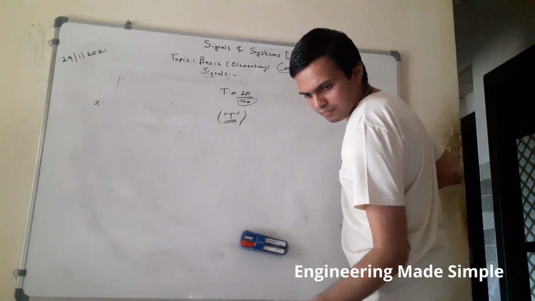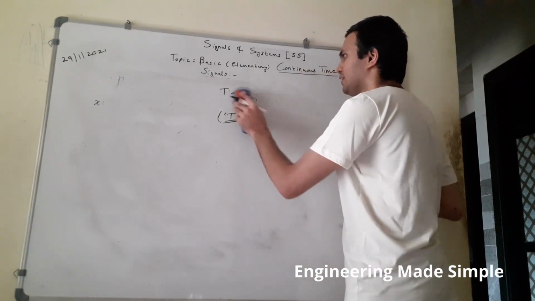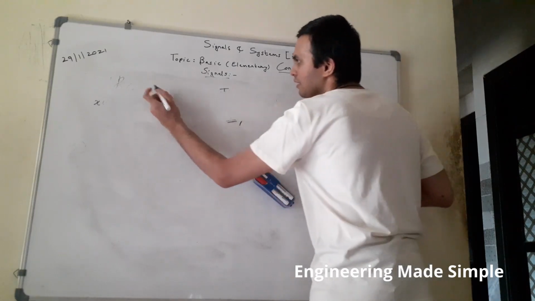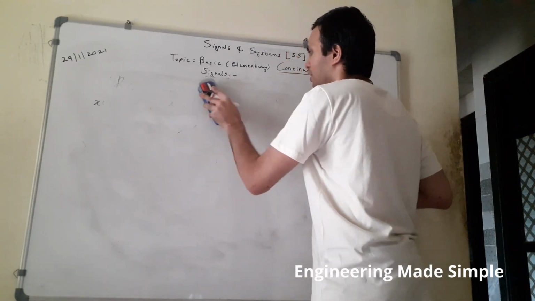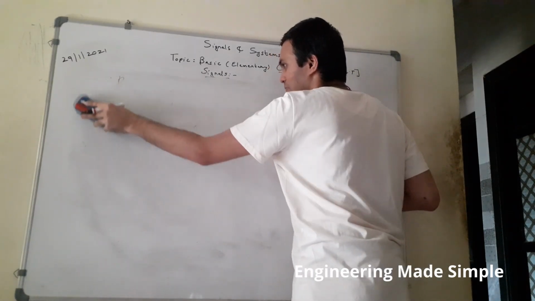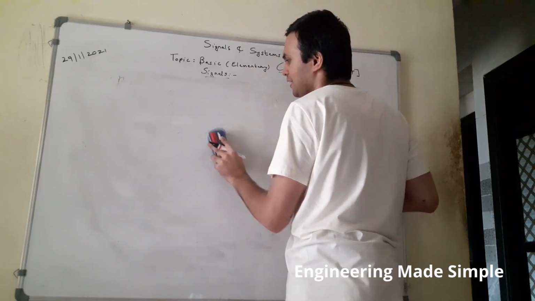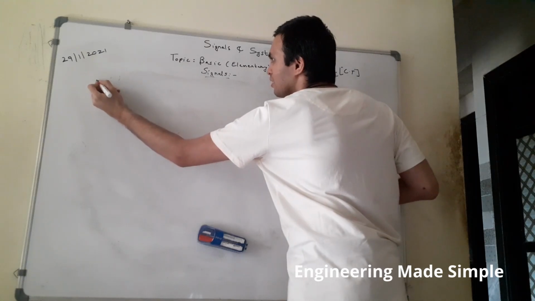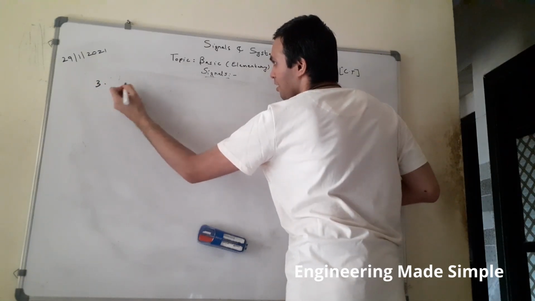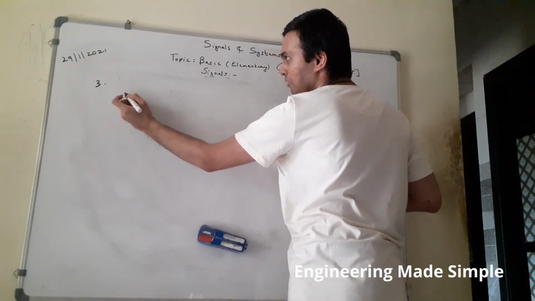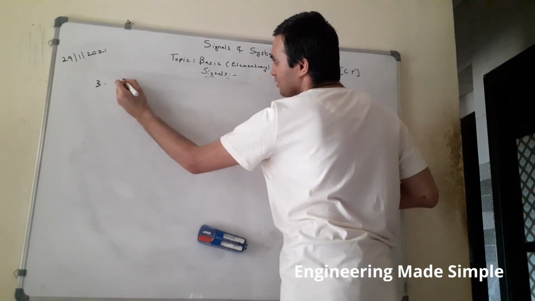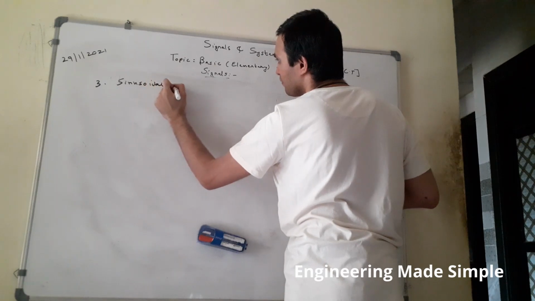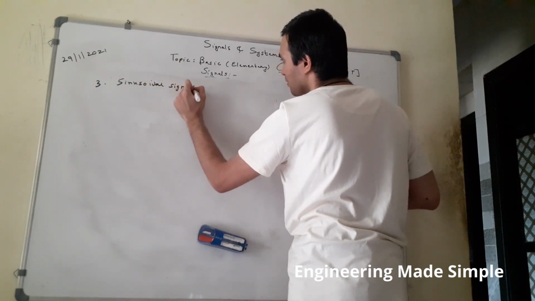Now the next signal is the sinusoidal signal. This sinusoidal signal is very much familiar to us from your basic electrical engineering course and electrical networks also. So this is how the power supply, that is the power line frequency in our house, looks like. That is nothing but your sinusoidal signal. So this one everyone is familiar with.